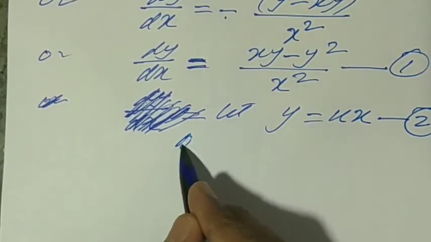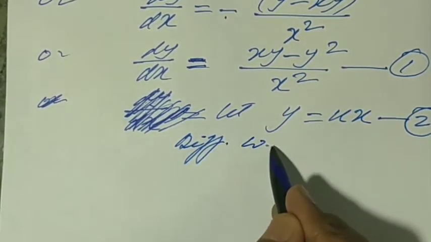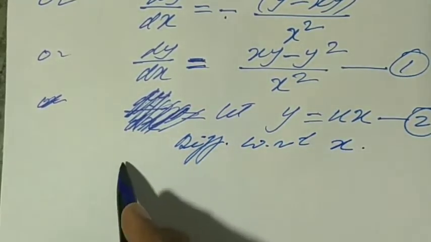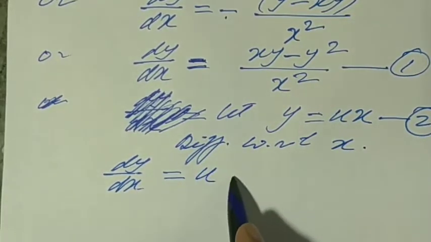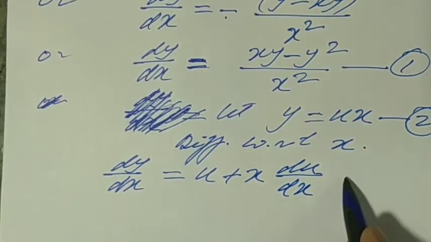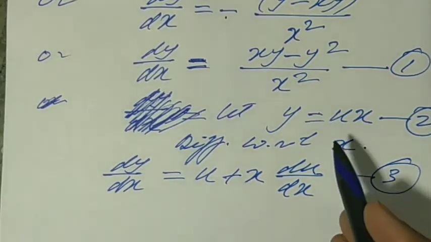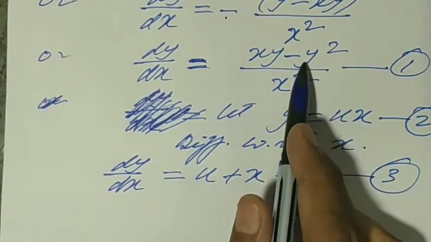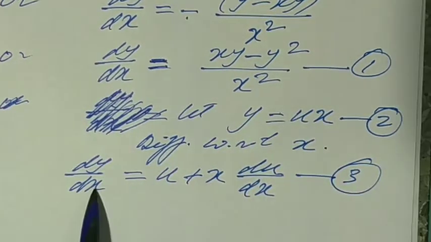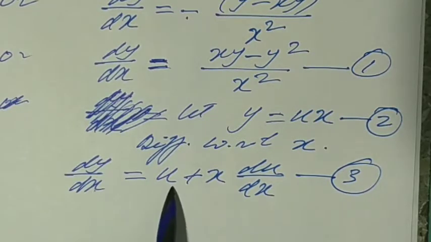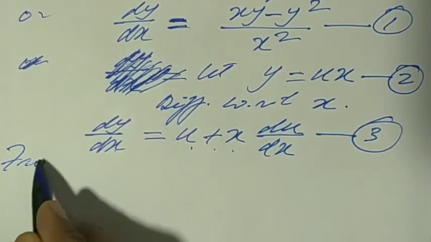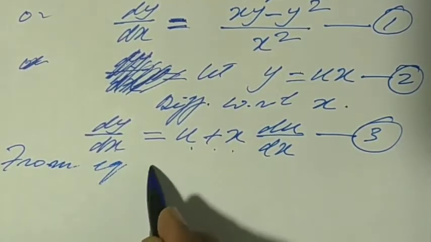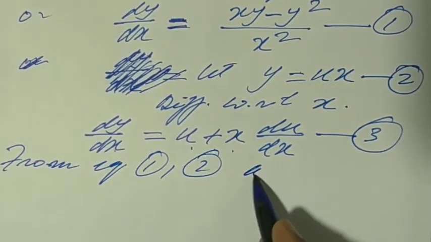Now we have to differentiate it with respect to x. So we get dy upon dx is equal to u plus x du upon dx. Let it be equation number 3. Now we have to replace y by ux on the right hand side, and on the left hand side we have to replace dy upon dx by u plus x du upon dx in equation number 1. So from equation 1, 2 and 3